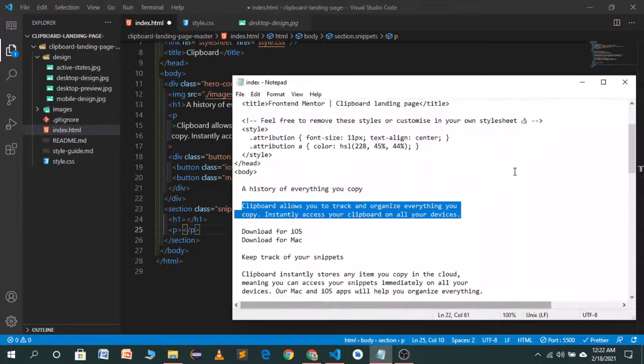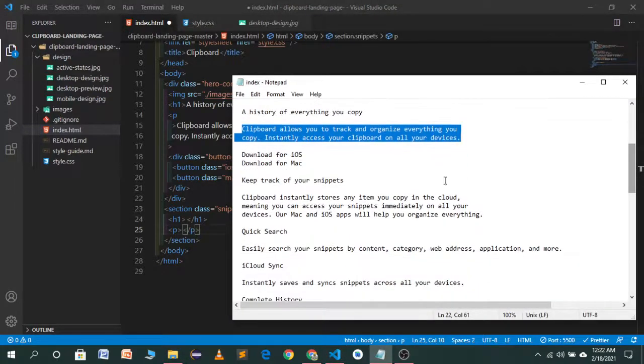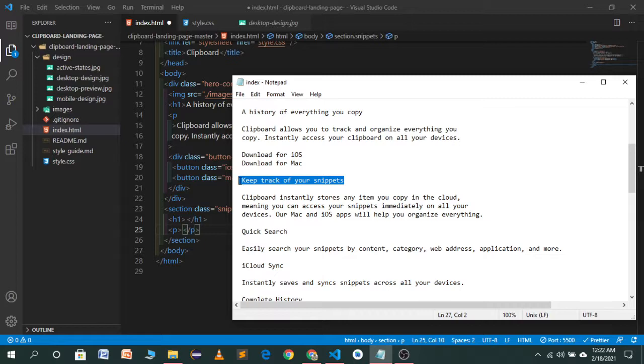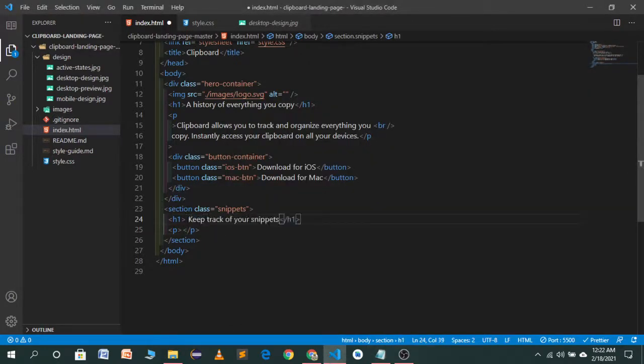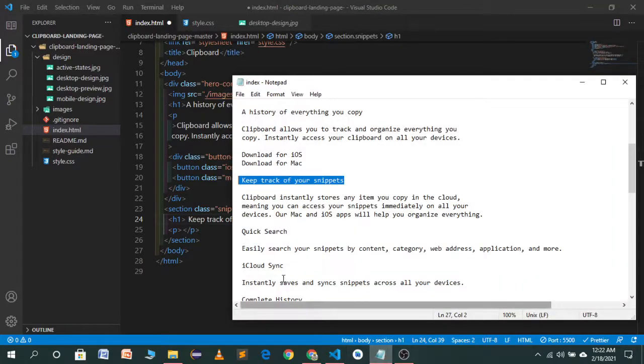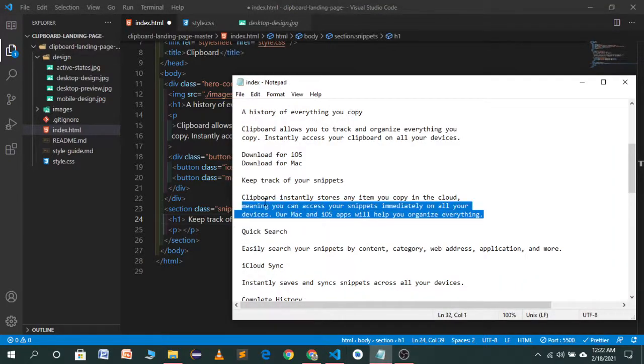So I will copy the heading for this, Control C, and the paragraph will be this one.